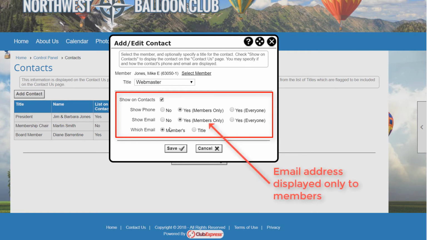Finally, if your club has club email addresses and these were assigned to specific titles, select which email addresses should be shown, either the member's email address or the club one. If there's no email address for the member or title specified, then the title will not appear in the Send Us email list. Click Save to save your changes and return to the main contact screen, or Cancel to return